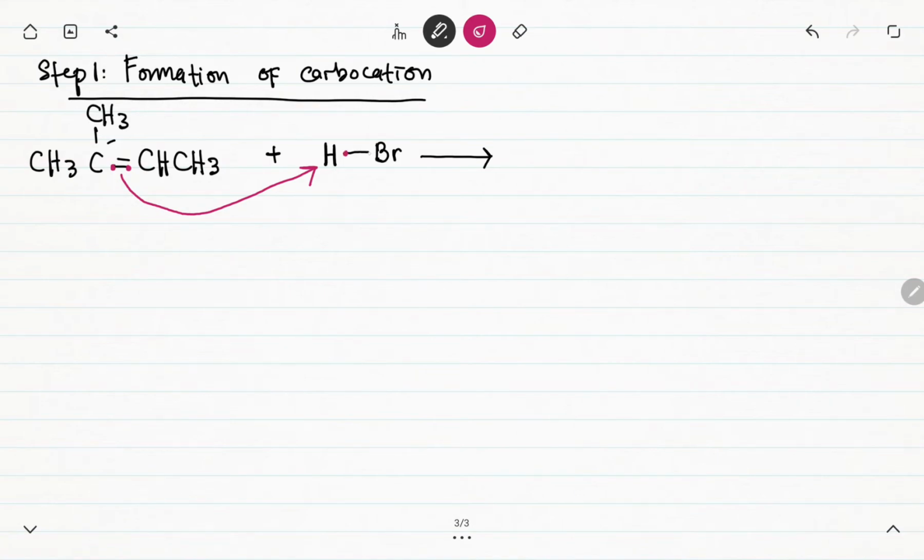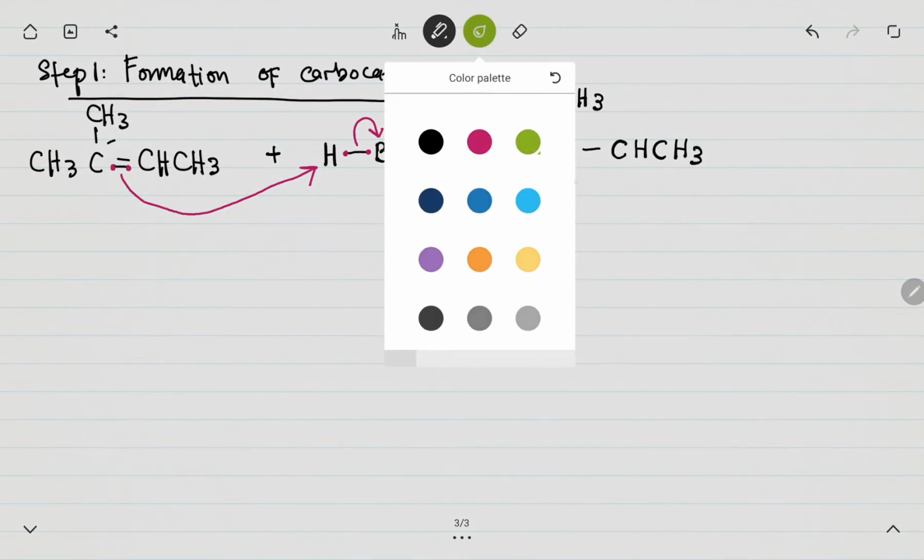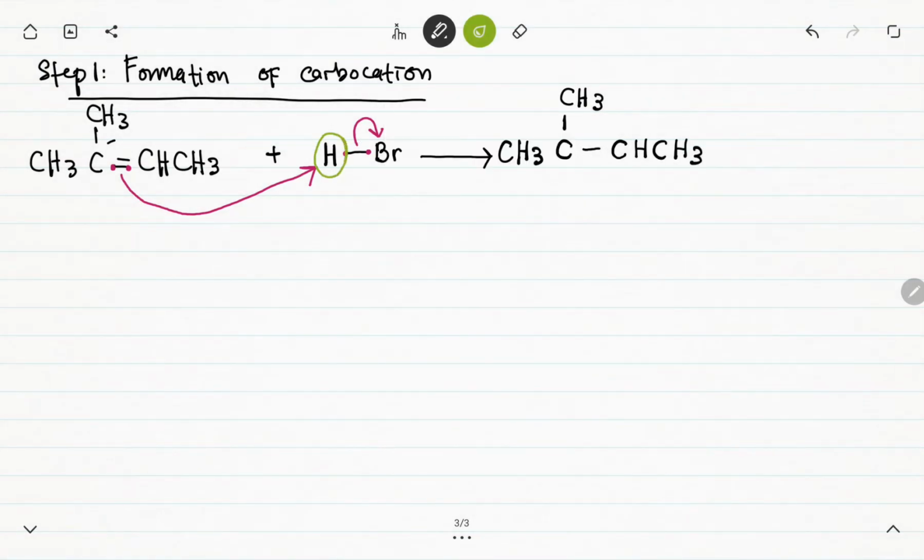So the two electrons in the covalent bond are given directly to the bromine atom simultaneously. So your final product can be formed through an intermediate species, which we can call a carbocation. From a double bond, this bonding pair will become a single bond. And we must trace the location where the hydrogen atom must be added. So this hydrogen atom must be added to the carbon-carbon double bond, following the Markovnikov rule.